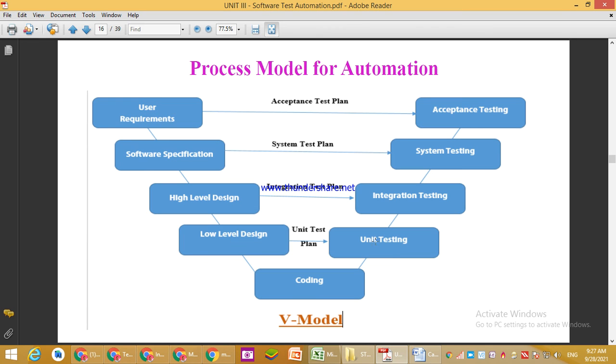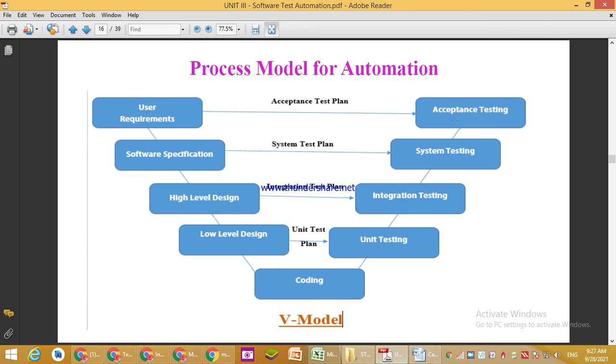So unit testing goes with coding. Everything stands on the platform of coding. But from where do we have to start? From unit testing, then integration testing, then system testing, and then acceptance testing.